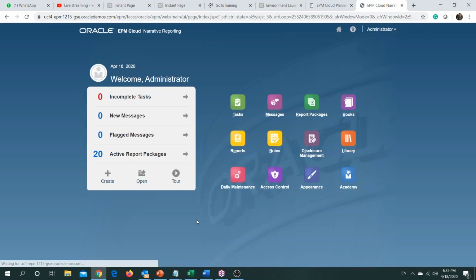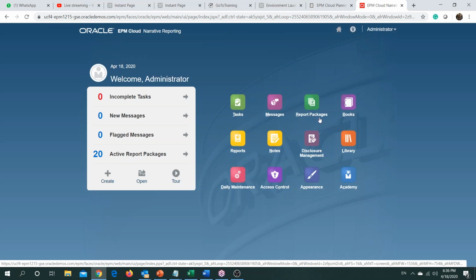So they say task, which displays the task to be performed. Then we have the message card. It provides notification of any action that is taken by the person assigned to do a particular task. For example, if someone makes a change in a report package, or if there is a change in report structure, if someone has downloaded the LCM, any task that gets performed is directly reflected in the message box.